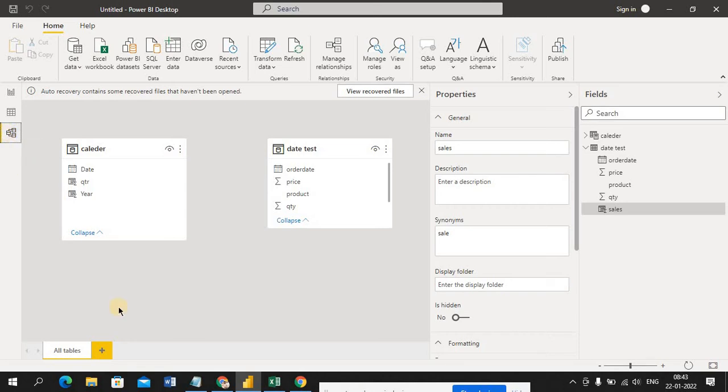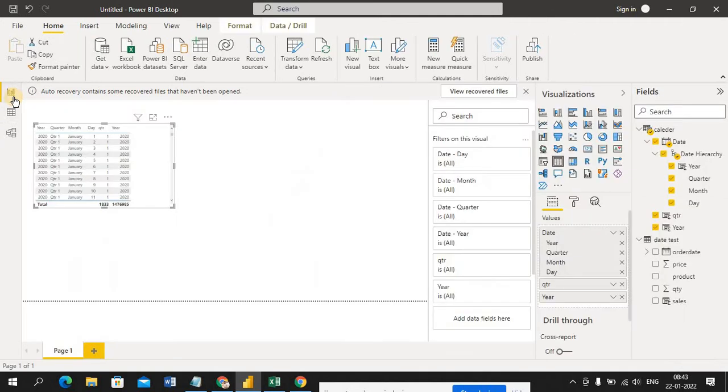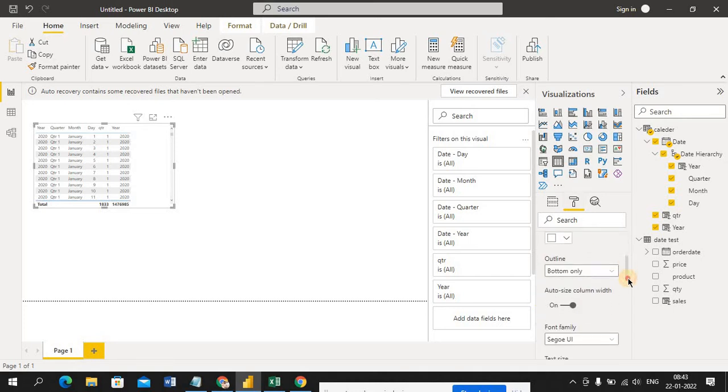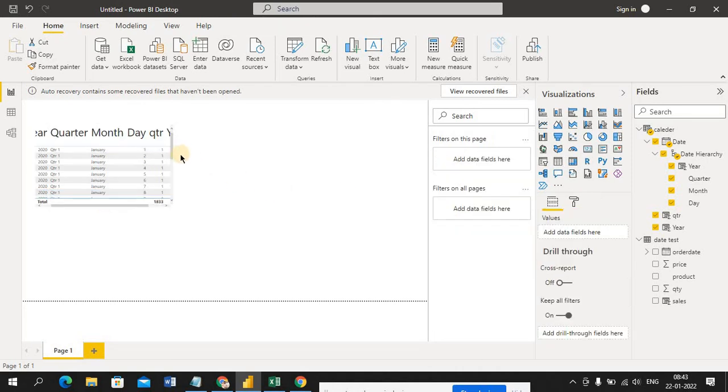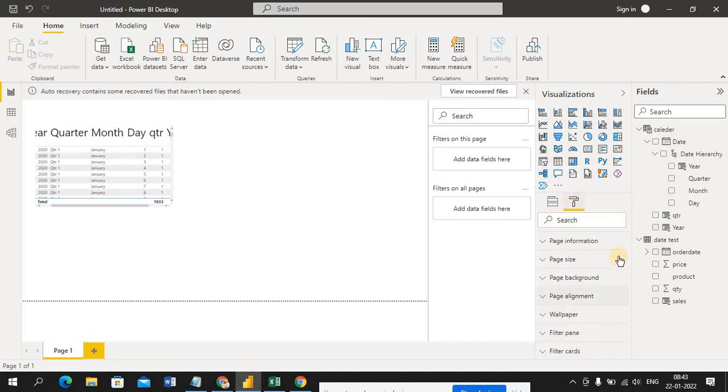Okay, now I'm in report view. I just loaded the calendar which I created for my requirement. I'll make it a little bit bigger. I'm just increasing these columns and values, guys.